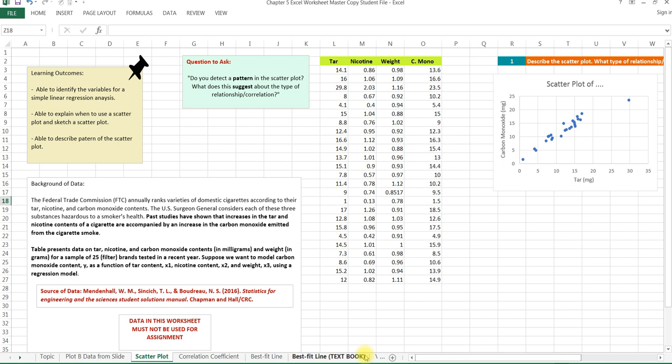They already give the background of the data here, and then we need to find the pattern of the scatter plot, and then what we suggest for the type of relationship of the correlation, meaning in this part here you need to identify